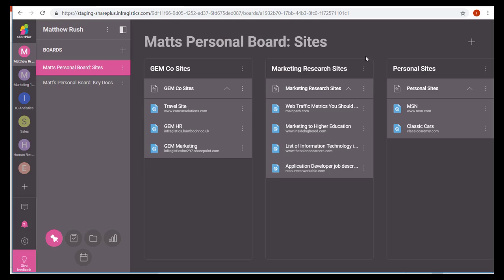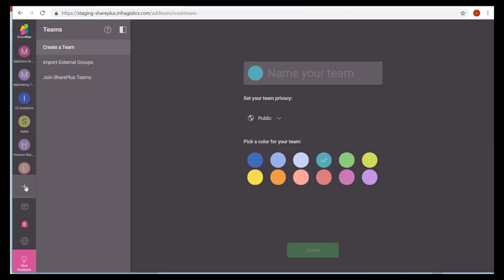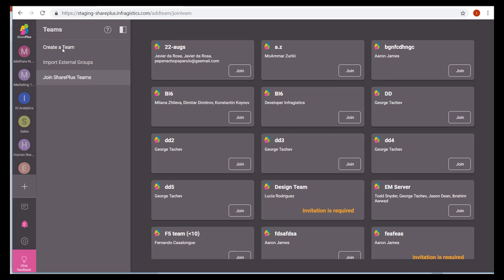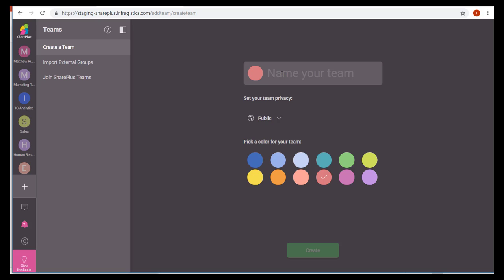Let's now create a team, and I do that by going over to the team area on the app and selecting the plus sign. I can create a team from scratch, or I can import a team from external groups that's already been created, or I can join existing SharePlus teams. But what I'm going to do is create a team from scratch, and I'm going to name that